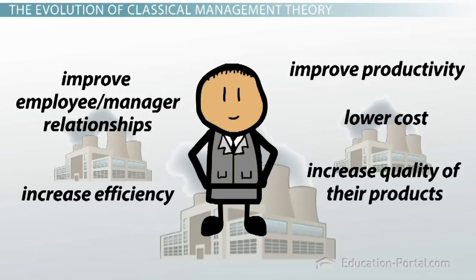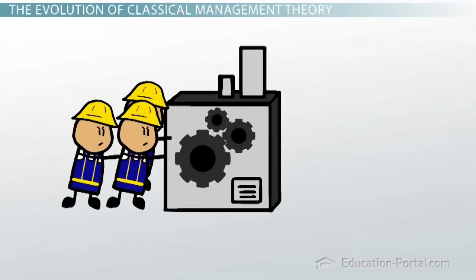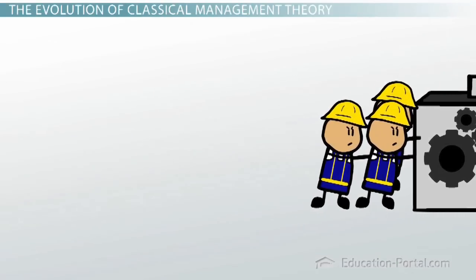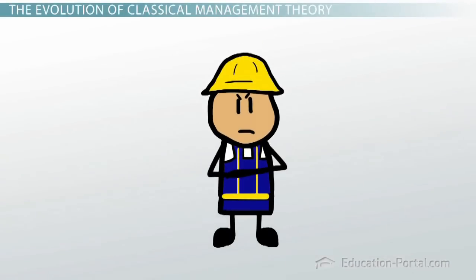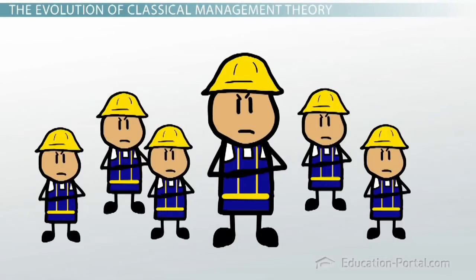The focus shifted from using machines to increase productivity to how they can increase employee productivity and efficiency. When they did this, they began to notice some new problems inside their factory systems. Employees were dissatisfied with their current working conditions, and many lacked the necessary training for how to do their work